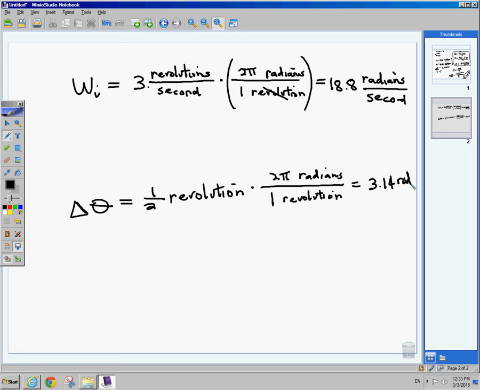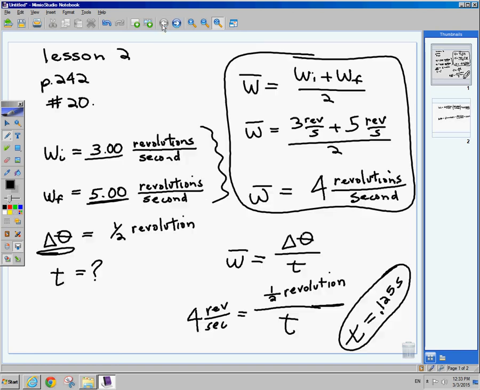and go back and use the same 2 formulas, but you didn't necessarily have to do that conversion. You could just leave everything in revolutions per second, because in the end, in this